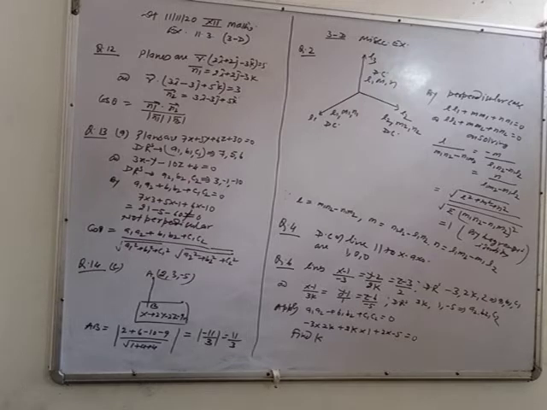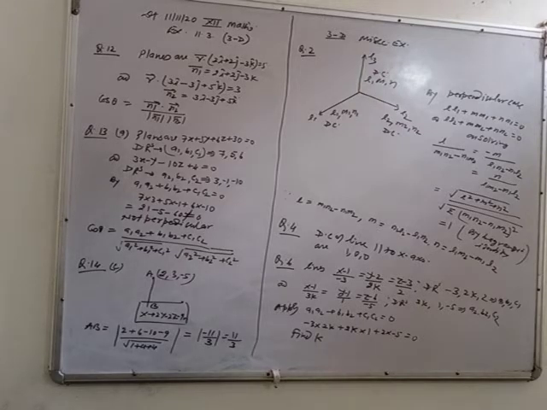What is the meaning of this formula? Put the coordinates of the point in the equation of the plane, in place of x, y, z. After putting them in, divide by root of a square + b square + c square, meaning the root of the sum of the squares of the coefficients of x, y and z. So put the coordinates in place of x, y, z and divide by the root of 1 + 4 + 4. After solving you get 11 by 3. So this is the perpendicular distance.